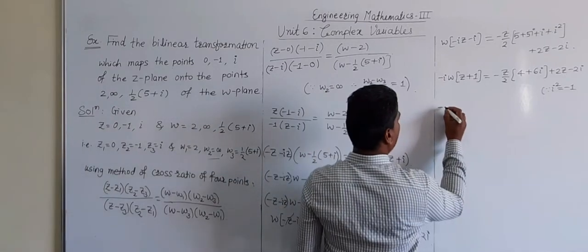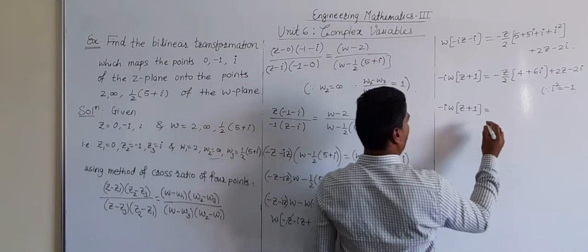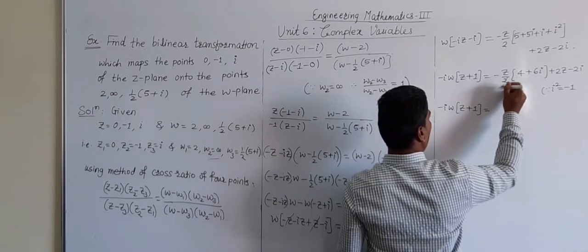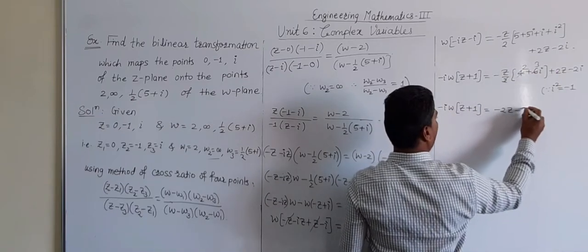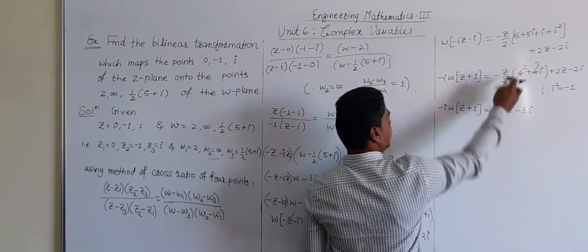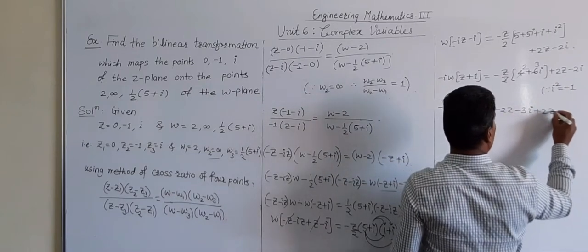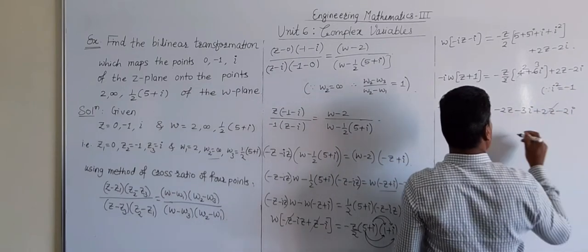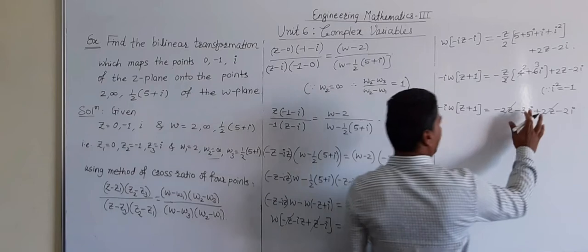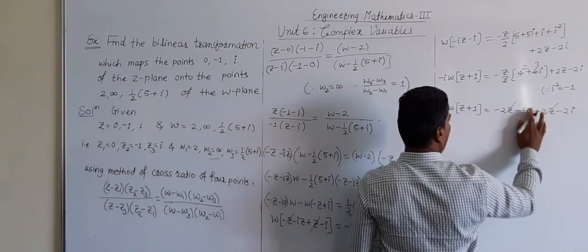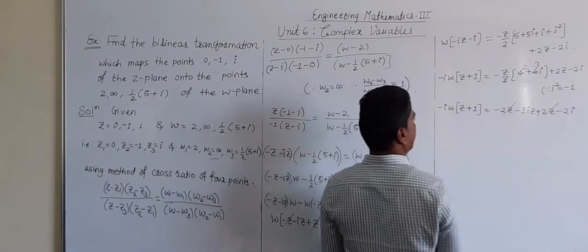Now this becomes minus iw into bracket z plus 1, which is equal to, this 2 will get cancelled and we get minus 2z minus 3i, right? Multiplying this minus z inside the bracket, and this term as it is, plus 2z minus 2i. So this plus 2z and this minus 2z will get cancelled. Here should be 3i into z. So 3i into z is written, plus sign as it is.